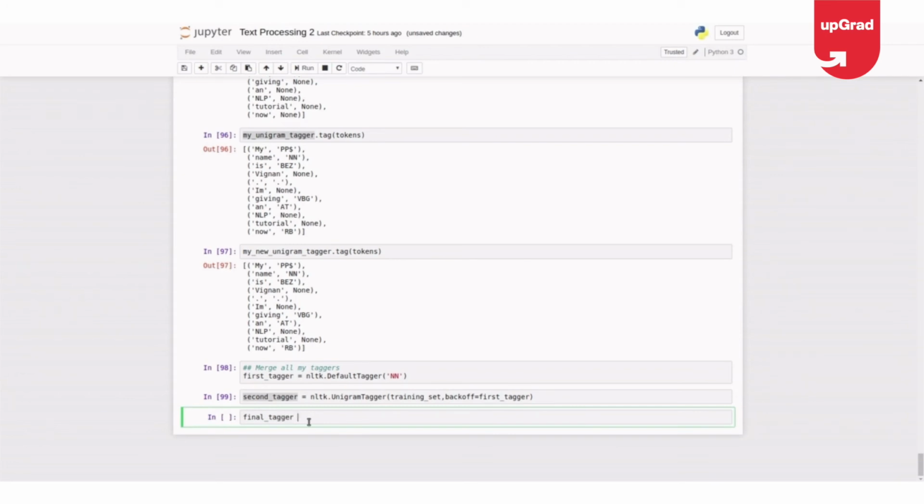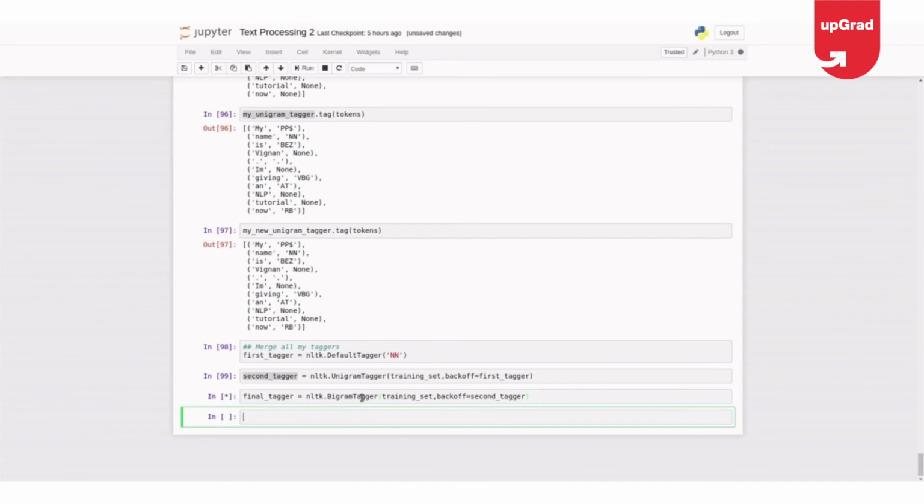So it's merging with bigram, NLTK dot bigram tagger of training data again, and backing it with the second tagger, which is the combination of default and unigram. So my final tagger is a merge of bigram, unigram and default tagger. Okay, so it is backing off with second, first and default. I mean unigram and default and bigram.